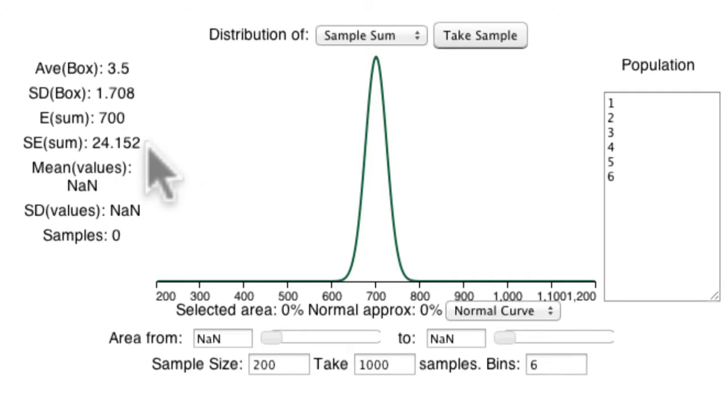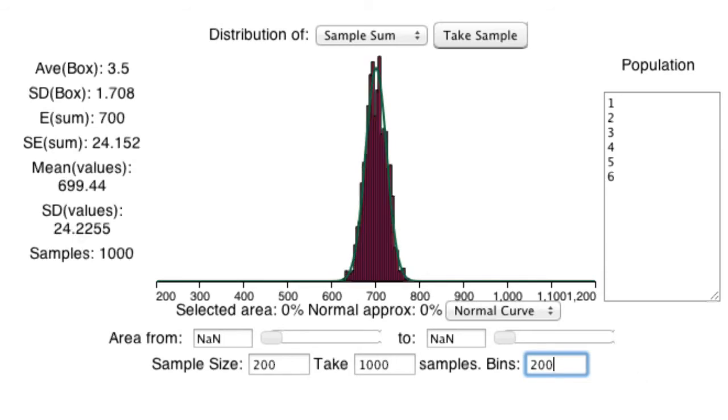And what we're going to have to do is run this experiment over and over again. So the experiment is: roll 200 times, take the sum, and then do that 1,000 times. I want to be a little bit careful. The variable is 700 plus or minus 24. I'm going to give myself about 200 bins, 100 on either side of 700, and if I am brave enough to hit return, these are the values that